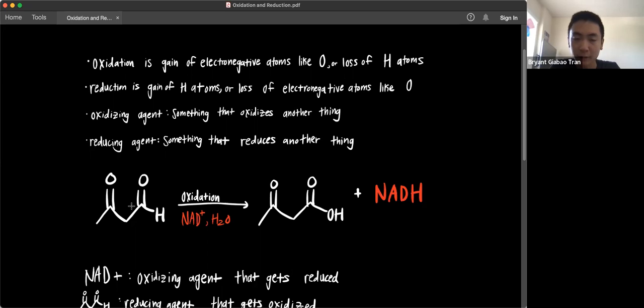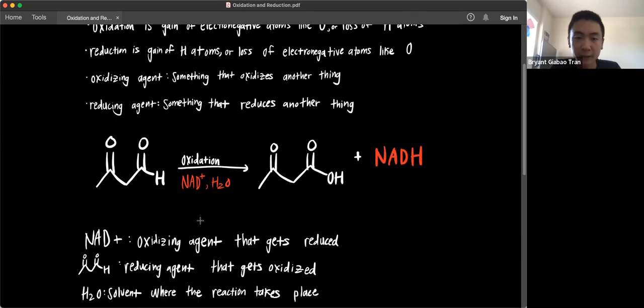So in the reactant, this carbon is bonded to 2 oxygens and 1 hydrogen and another carbon, whereas the product is bonded to 3 oxygens and 1 carbon. So we see that the carbonyl carbon lost a bond to hydrogen and gained another bond to oxygen, which is oxidation. And so a reagent that we could use is NAD plus in water, where NAD plus is going to